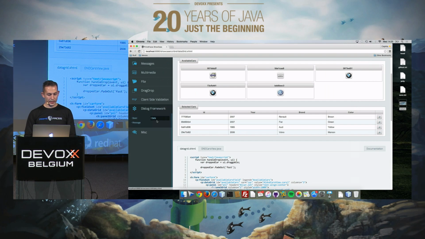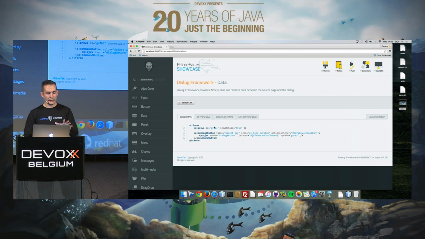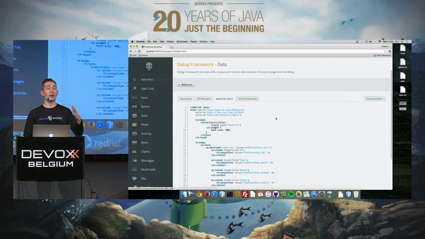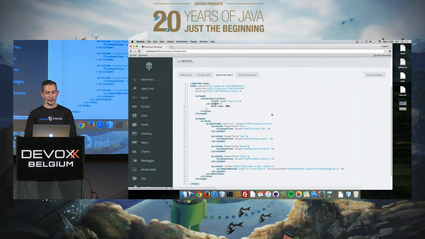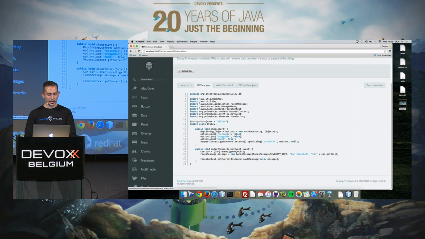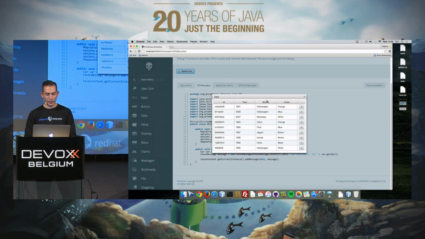For example, here I'm on this data XHTML and I need to select some car. So this is the select car page with a data table inside. When I click this button, I'm using this open dialog and saying that I need to open this one line, which creates a dialog, gets that select car page and moves it inside, and it opens like this. So this is actually another page, right? So when I click this symbol, it takes that car and sends it back to that main page, which is